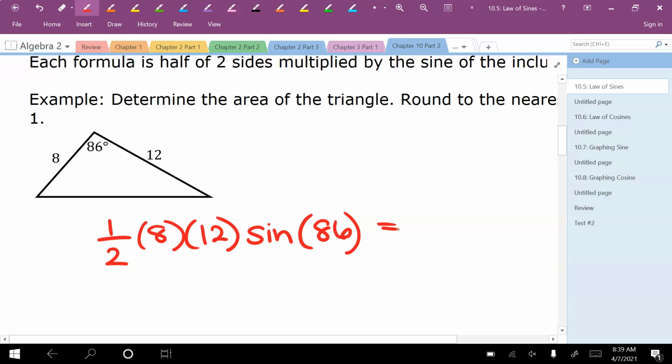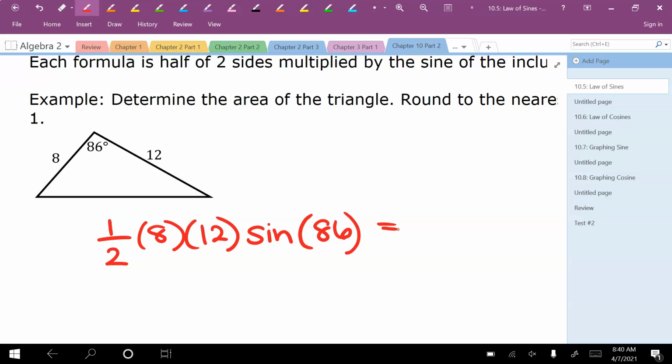Now if your calculator is putting parentheses in, I would close the parentheses anytime your calculator throws one at you, just to get in that habit, because later when we start moving things around using law of sines and law of cosines, it's helpful to have those things closed off because it just helps your calculator read it better for you. Okay, so I typed all that in, I'm hitting enter,